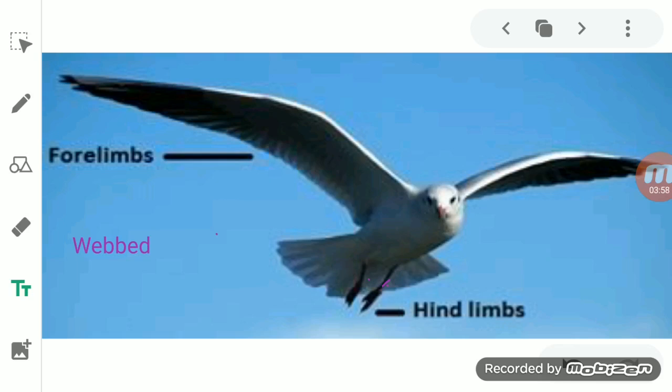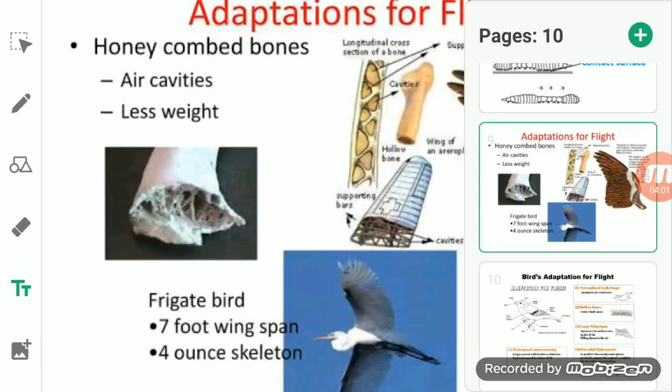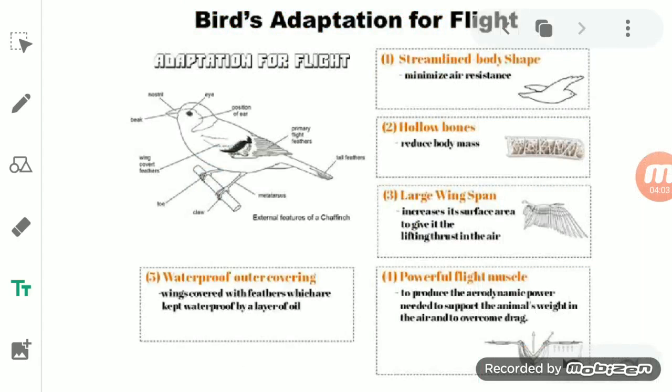Now we will talk about another thing, and that is bird adaptation. So you know, students, that birds can fly. They are able to fly because their bodies are adapted for that purpose. They have such a body due to which they are able to fly. So what are the different adaptations which the body of a bird has by nature, which enable it to fly?